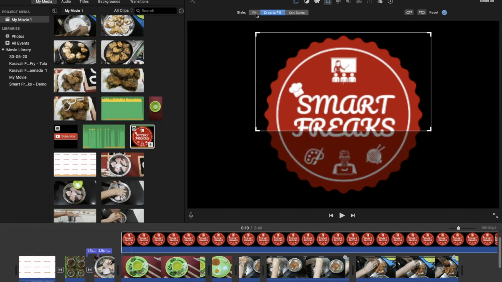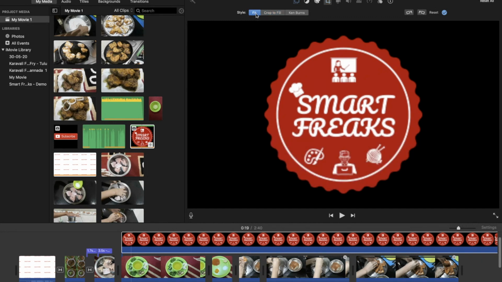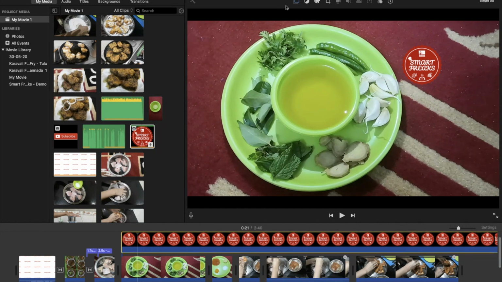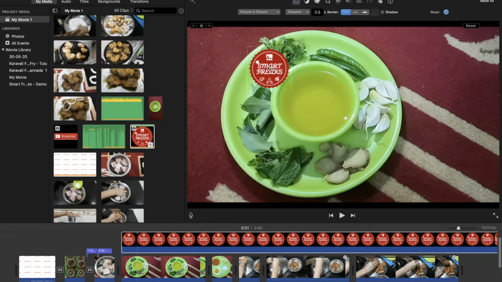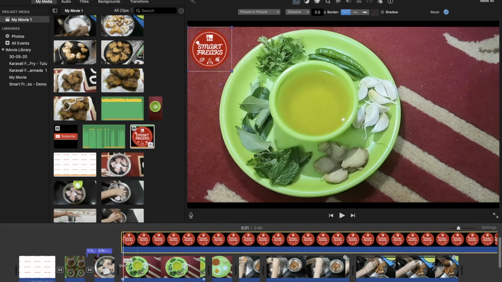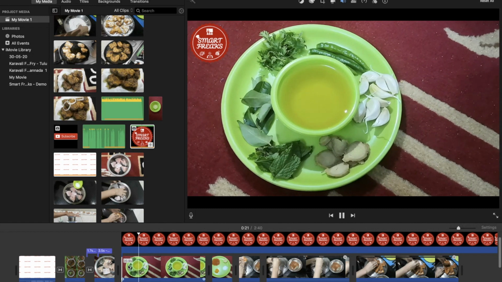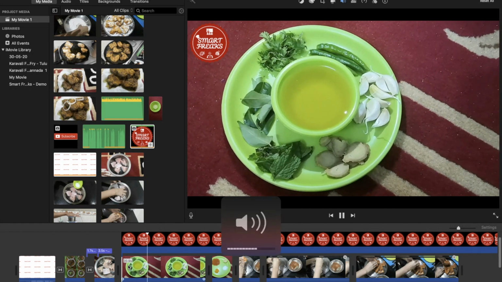So what you need to do is select the option as fit, save it, and now you can move it wherever you wanted to. Maybe I'll do it as top left. Cool. Let's see how it is going to look like. Awesome. So my company logo is on top.